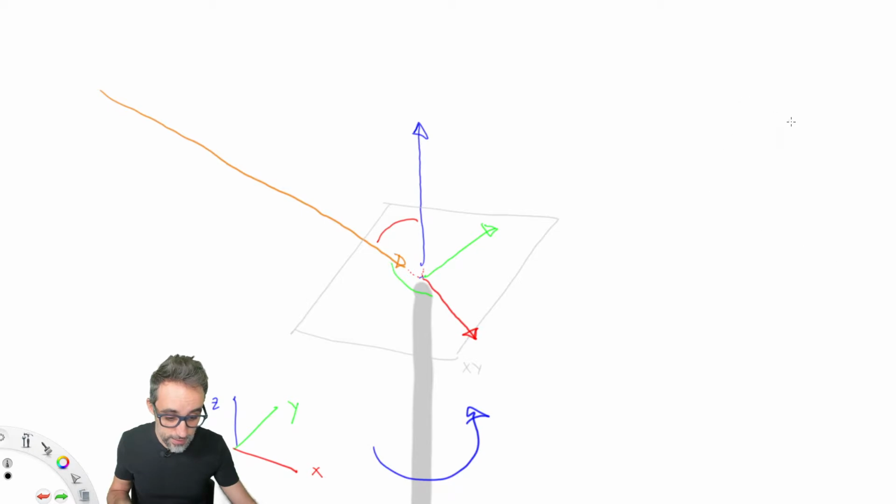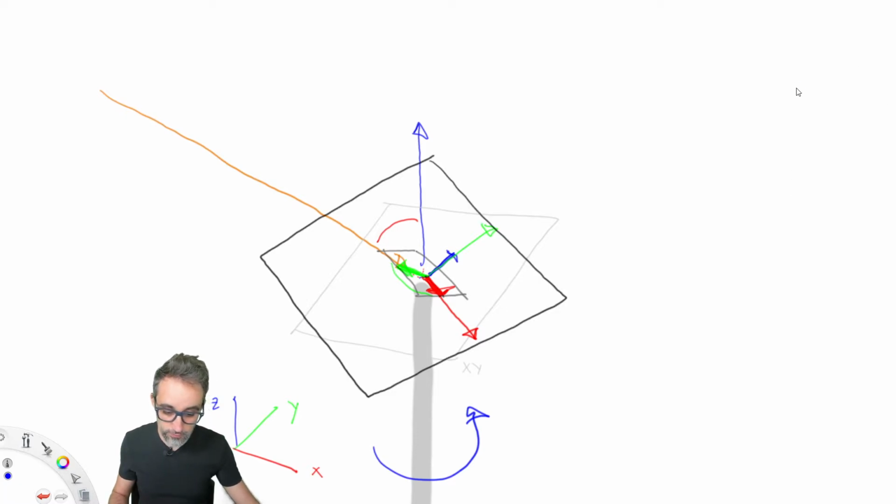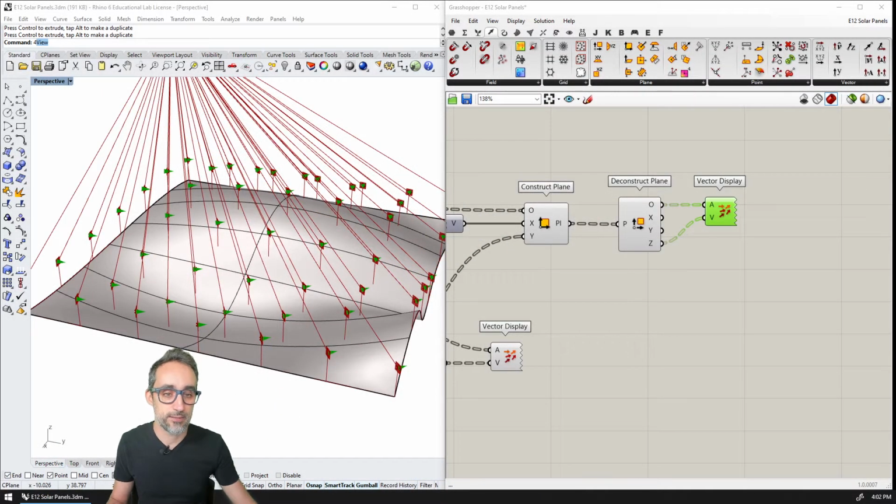Therefore, what I need to do is create a secondary plane that is going to have two main axes. The main axis is going to be oriented towards the vector that I just generated before, and the other one is going to be oriented towards the sun. As soon as I do that, it's going to be very easy to understand that the perpendicular vector to this plane is going to be the y vector for the panel that I am looking for. And once I have those two vectors, I can generate a panel, a plane that is oriented perfectly towards the sun. So let's take a look at how to do that in Grasshopper now.